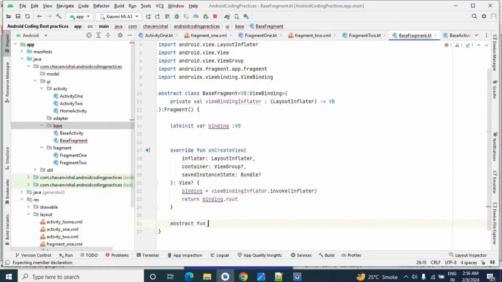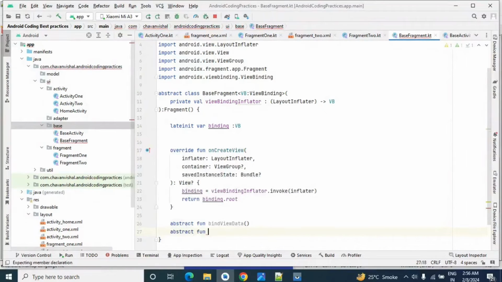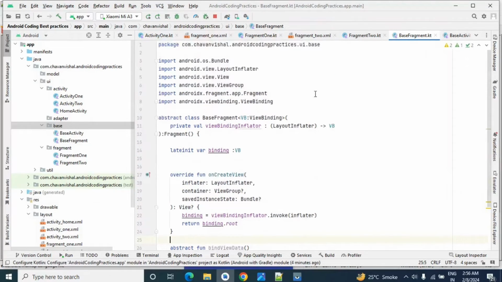Abstract fun, let's assume bind view data, and abstract fun, let's assume set on click listener. Now I have added these two functions as abstract. Now our base fragment is ready.